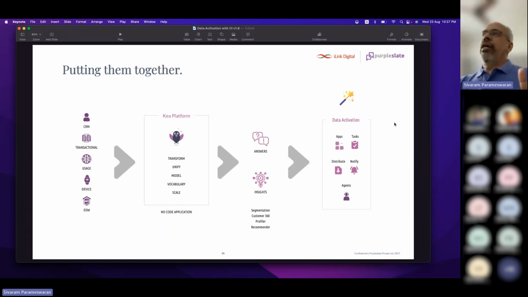So putting it together, how the conversational AI part as well as the data activation part, I think this is the way it goes. You have the data coming from left to right, wherever it is. It could be from your warehouse, it could be from your source application. You onboard your dataset into Kia, which is again to define the vocabulary and all that. And now you can start asking questions, and from those questions come the output.